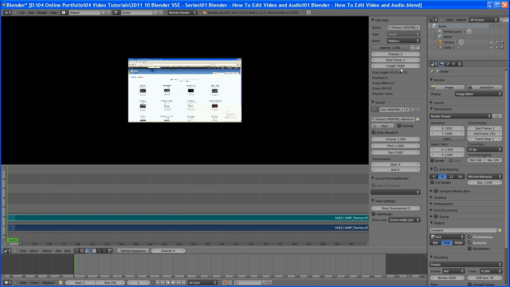So you can see the length of this is 5,666 frames. In this case, I'm just going to cut off a couple of seconds, and I know it's 25 frames per second. So I'm going to go to frame 50. What we want to do here is go down to here. This is usually the easiest way to do it. Go to frame 50. Go over to